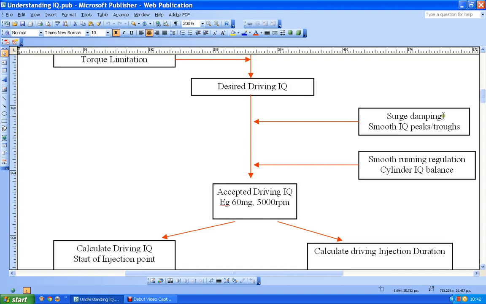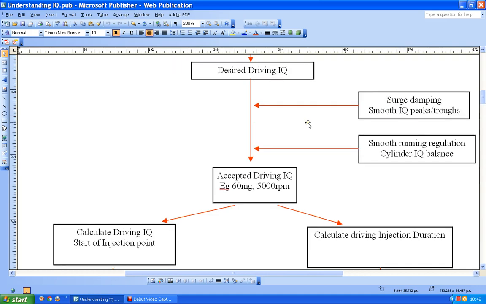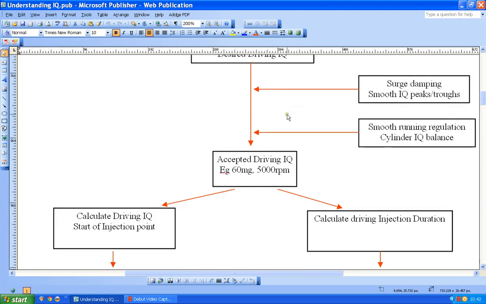So it improves the quality of the driving experience. You don't feel any sort of jerking or surging of the engine. Now, they could stop there, but the designers have gone one step further, especially with the PD injectors, because with